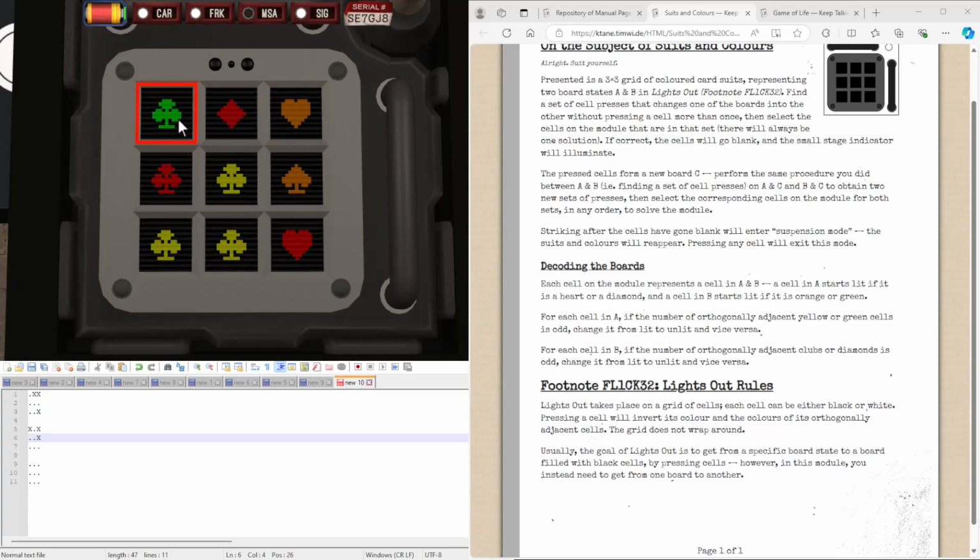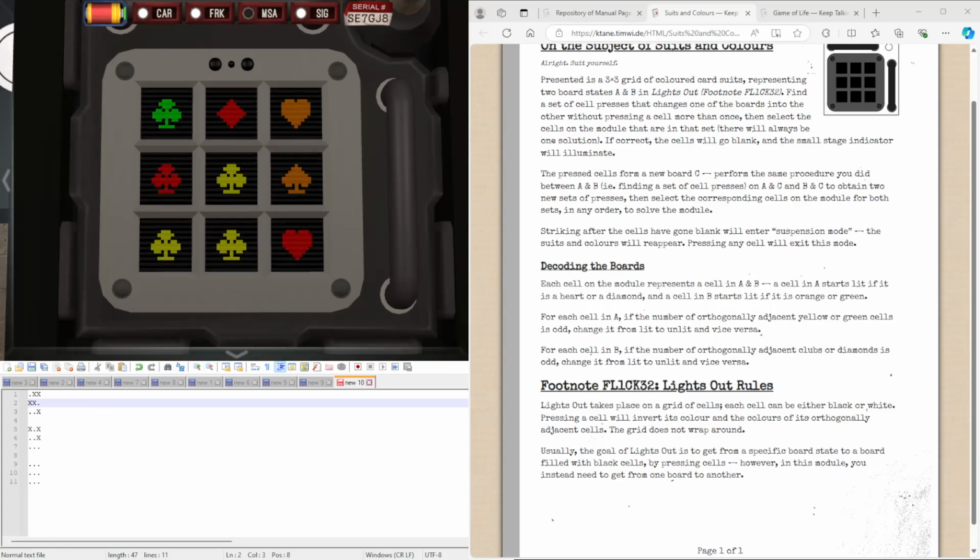So this one's fine, this one's fine, this one's fine. This one isn't. There is an odd number of yellows and greens. So the state of this square here is now on. Same with this one. This one only has one yellow and no green, so it's 1. So that one flips. This one also flips because it's 1 as well. This one also flips because it's 1 as well. This one's fine because it's 2. And this one's not fine because it isn't, so this one turns off. Now